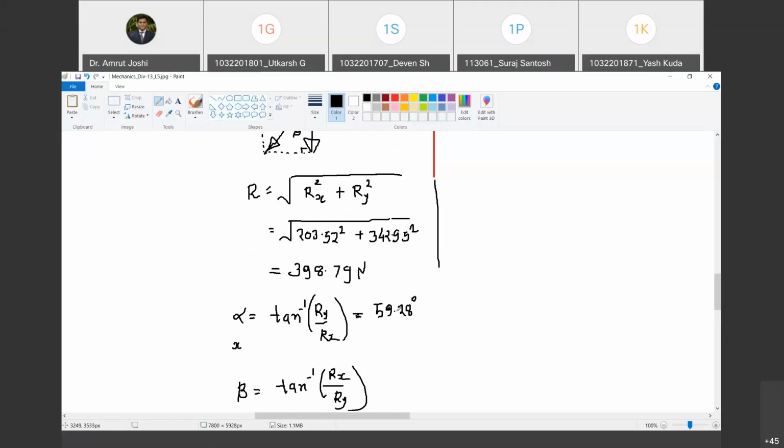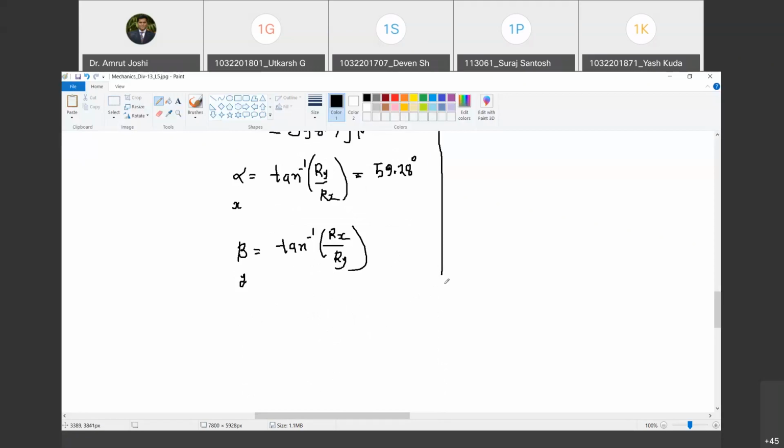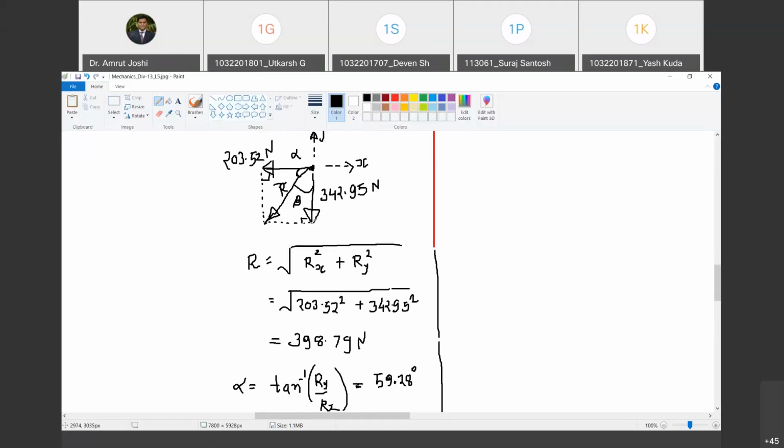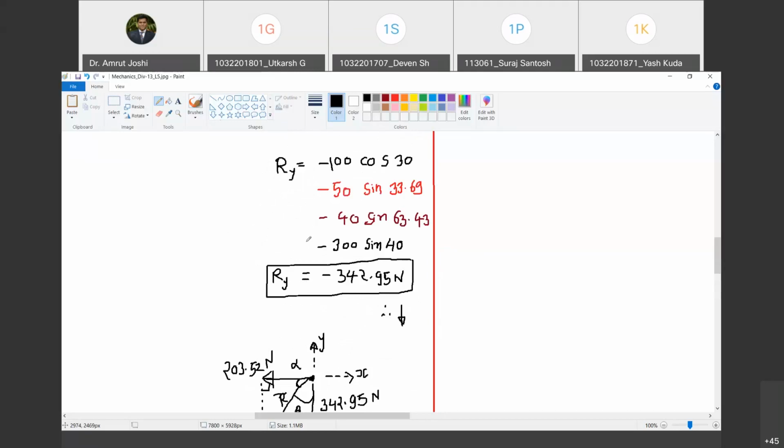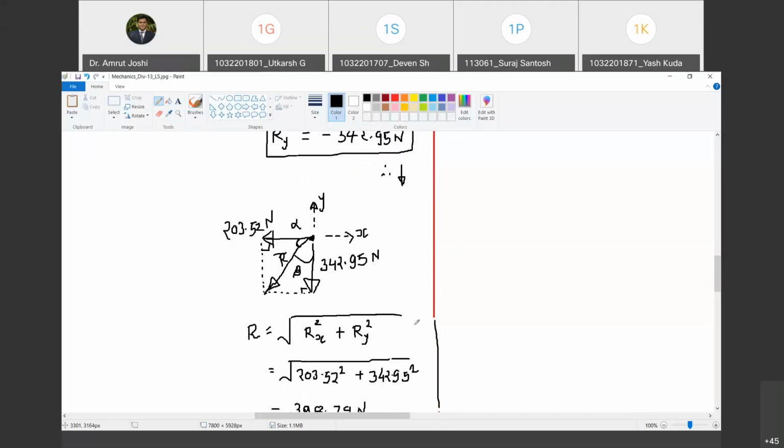Now the question is, how do we report this result? How should we write down the answer? In the answer, I have to mention the magnitude as well as the direction of the resultant. Do you agree with me? Yes, sir. Mind you, while you find out this tan alpha and all, forget about the signs because we have already plotted it with the signs. Are you with me? Yes, sir. So resultant का quadrant कौन सा है? Whether it lies in the first, second, third or fourth quadrant will be decided by the signs of Rx and Ry. Happy? Yes.